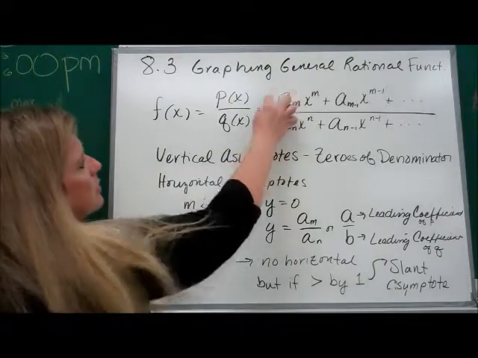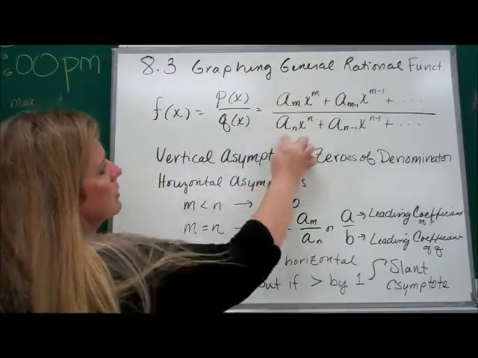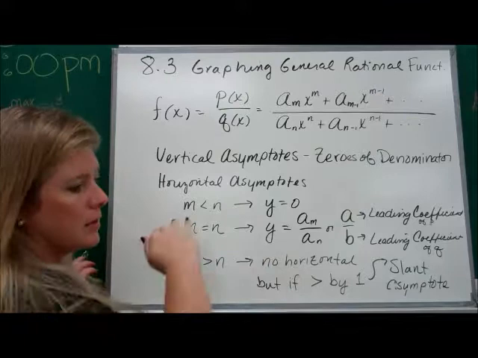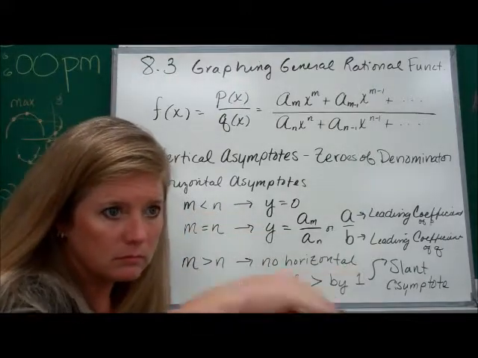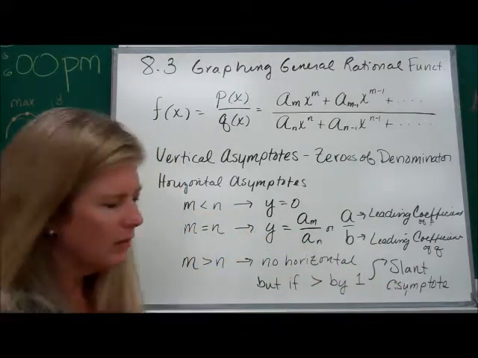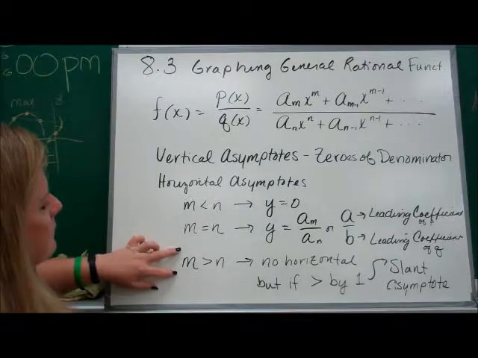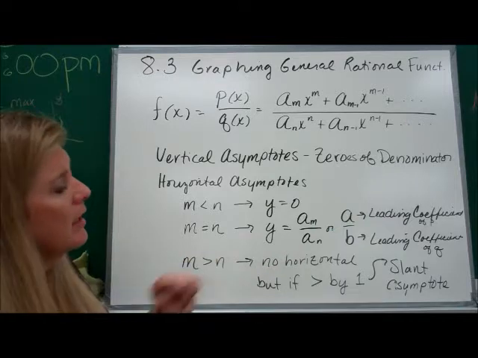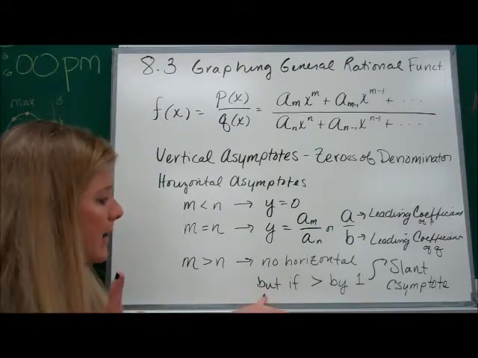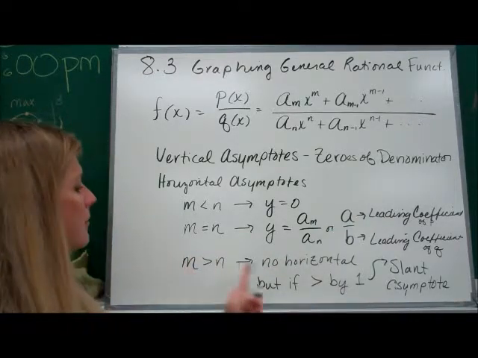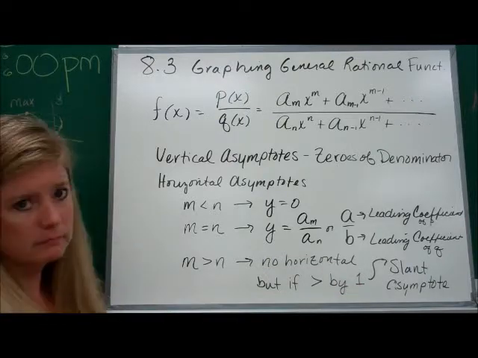Whatever these two coefficients are, this over that is going to be your horizontal asymptote. If m is greater than n, there is no horizontal asymptote,